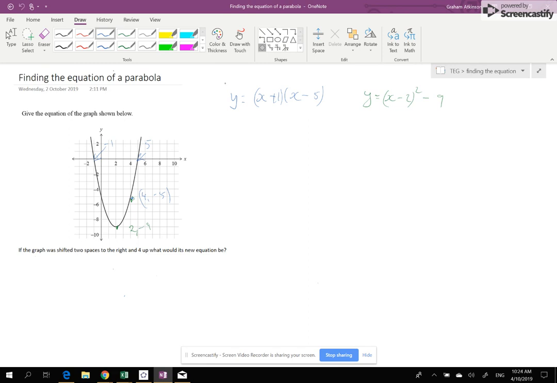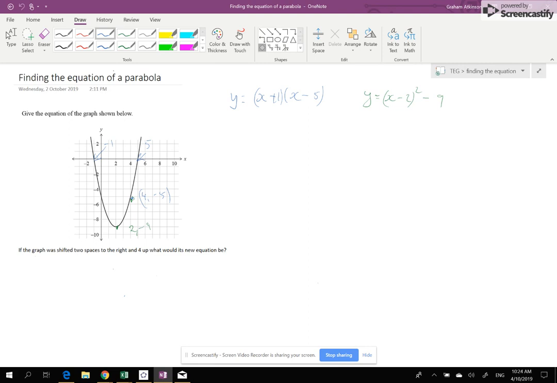formats. We had the factorised form, where it's in 2 brackets, or we had the completed square form, where you've got 1 bracket that's being squared. We know that the factorised form is great for finding the x-intercepts. And we know the completing square format is great if you've got the vertex, because that's what you use to